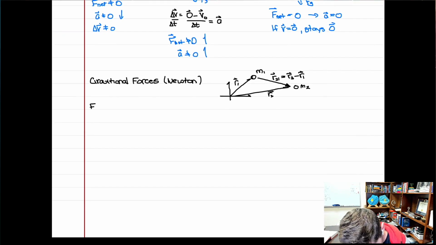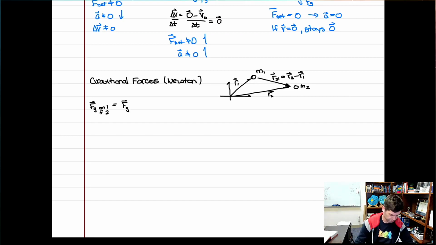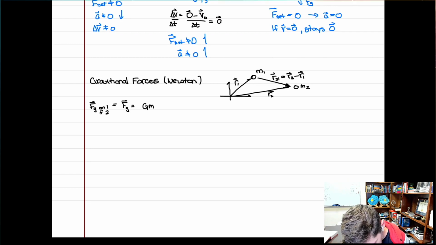Newton's law of universal gravitation says that the gravitational force on 1 from 2, which I usually will just write as F sub g when the context is clear, is, since it's on 1 from 2, that means this force better point from 1 to 2. So it better point in the same direction as what I'm calling r sub 2,1. And it has a magnitude given by G m1 m2, all divided by the distance between them squared, so the magnitude of r2,1 squared,